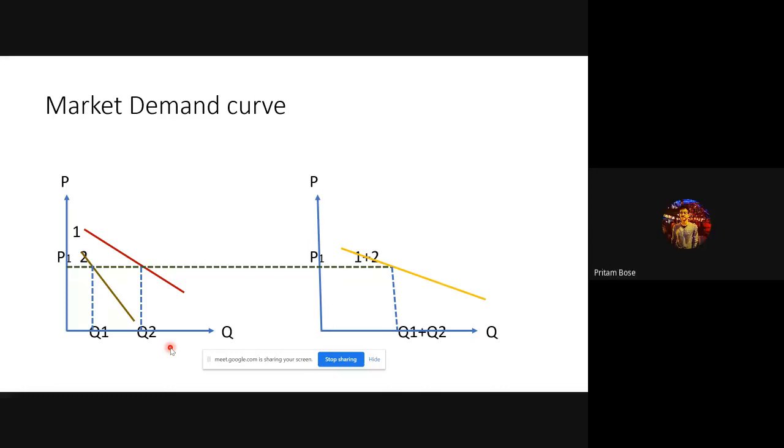Ma'am, if we are representing the data through the diagram, then we will have to draw the linear demand curve or the demand curve which is convex to the origin. Yes, you may draw anything. But the sum total of these two values should be here. It may be a curve from here, it may be a curve from here, no issue. Okay, ma'am.